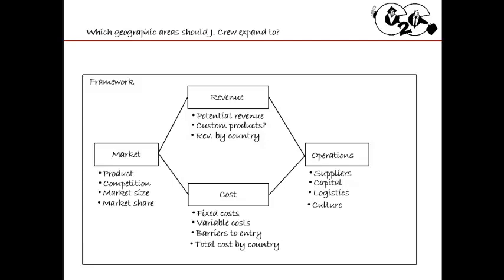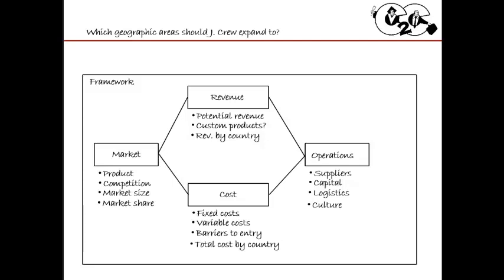So again, like I mentioned, in every core of the case, there's growth, profitability, and efficiency. With this case, it's which geographic area should J.Crew expand to? You can tell from that that's really, well, why do they want to expand? They want to expand for growth, okay? Now, how do you determine which area to go into? By profitability, because we want to know which country would be the most profitable, which we answer by revenue and cost, and then we want to know how do we do it, which is the operations piece, okay?